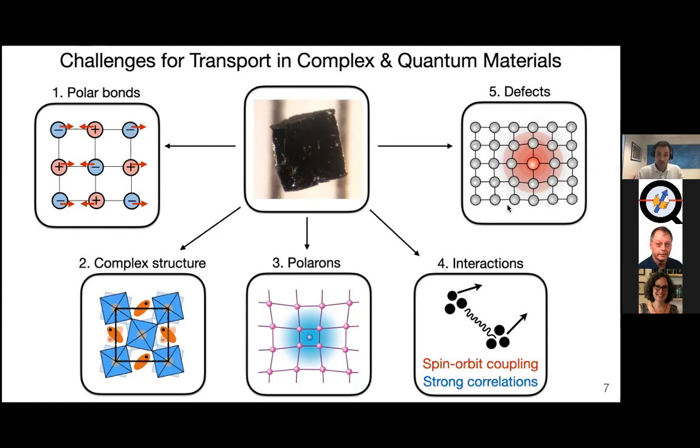So today, I will show you how in the last few years, we have tackled each of these challenges, and each of them essentially requires us to go beyond the simple framework that I've shown in the previous slide. And by addressing these problems and making progress on them, we've now been able to make these first principles calculations of transport possible in much broader classes of conventional and quantum materials.